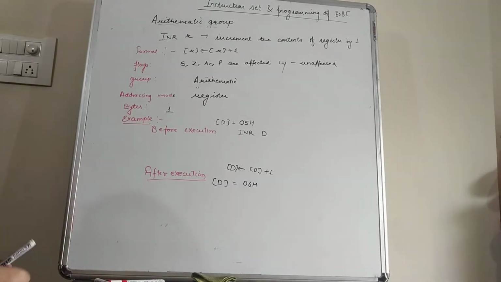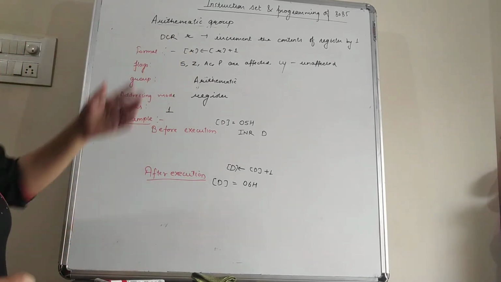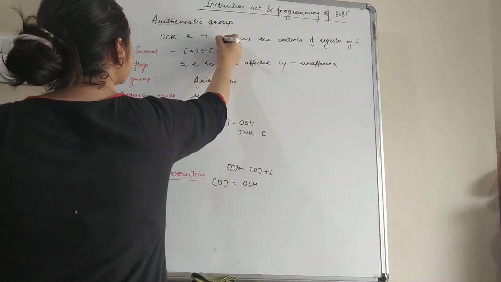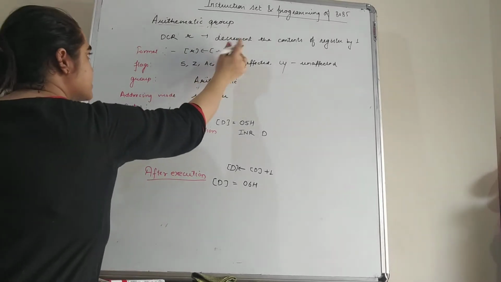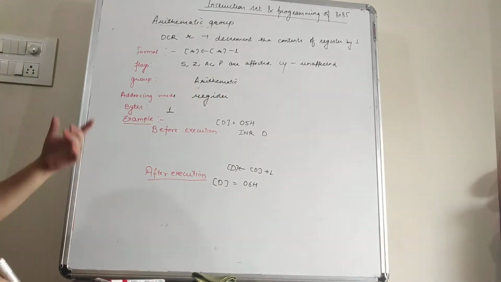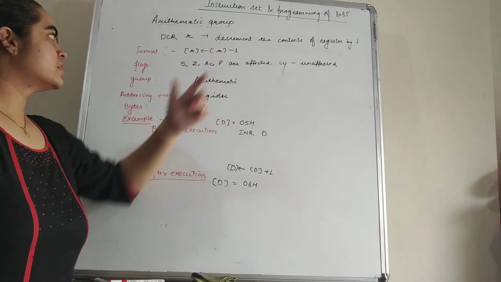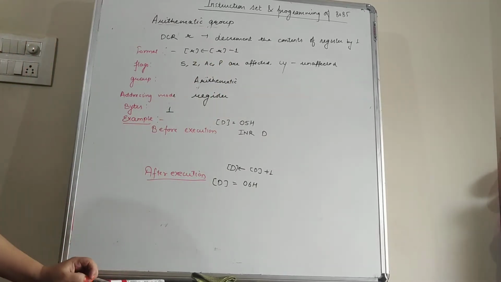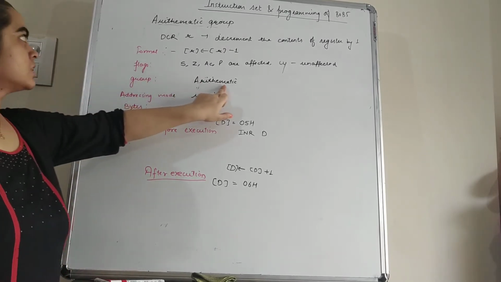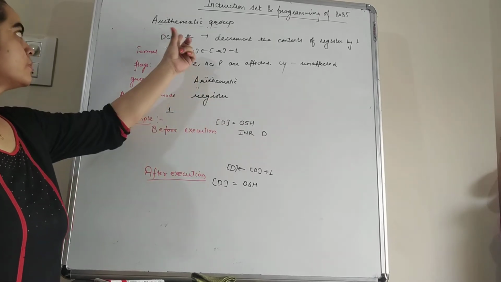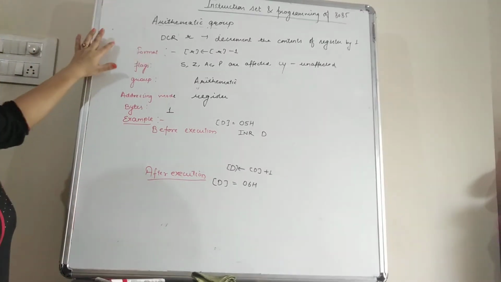After this, the next instruction we have is DCR R. DCR R means decrement the contents of the register by 1. That means whatever value is present in the register is decremented by 1, and the result is again stored in the register. Students, again sign, zero, auxiliary carry and parity flags are affected after the execution of this instruction, and the carry flag remains unaffected. The group is the arithmetic group and the addressing mode is register, because the name of the register is specified. Again 1 byte of memory is occupied by this instruction.